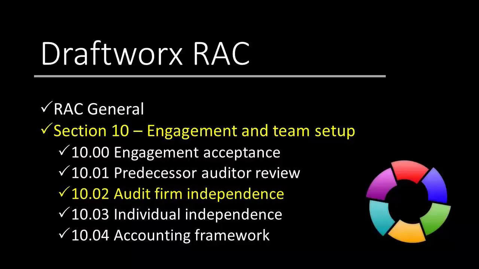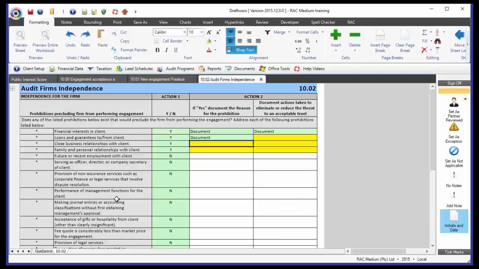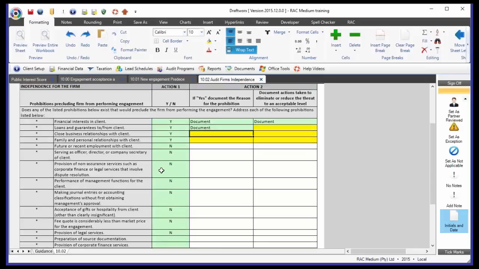I'm going to move on now to 10.02, which is the audit firm independence. Okay, the audit firm's independence, a fairly basic document, although it's a fairly important one to complete just to prove that you are independent of the client. So there's a long list of questions. I think there are 14 or 15 of them in total, and we're asking just for a yes or no